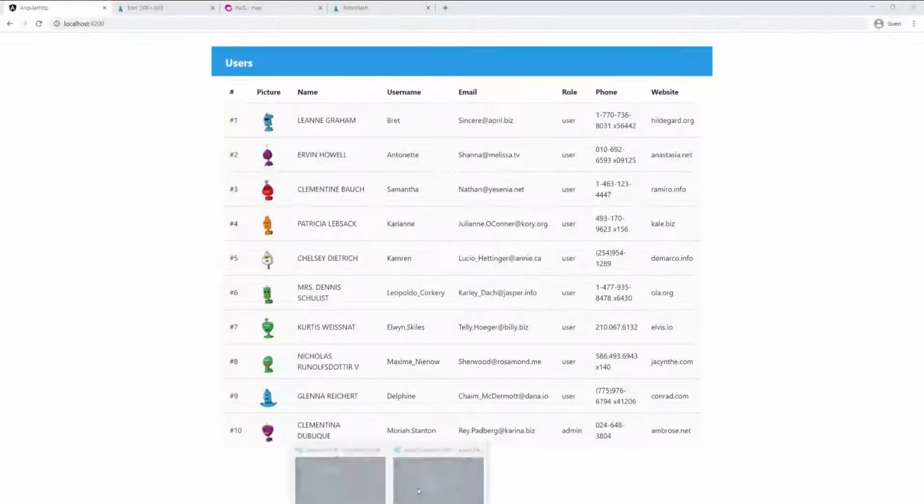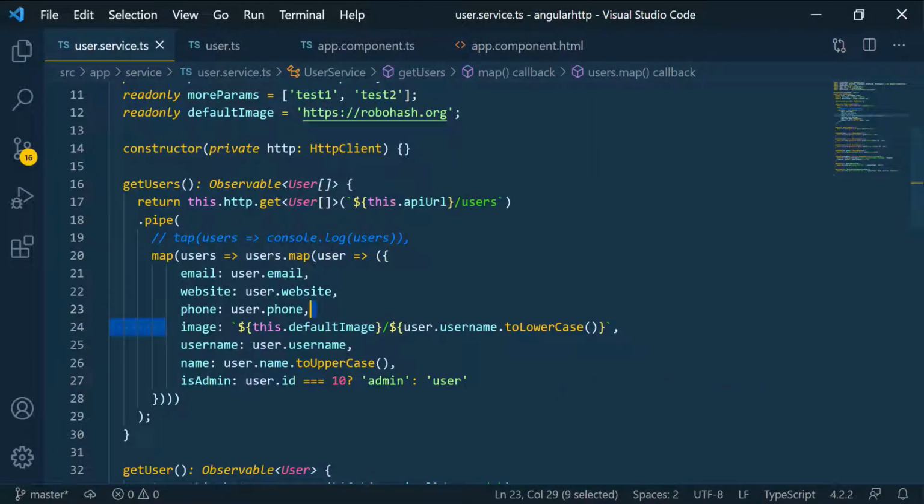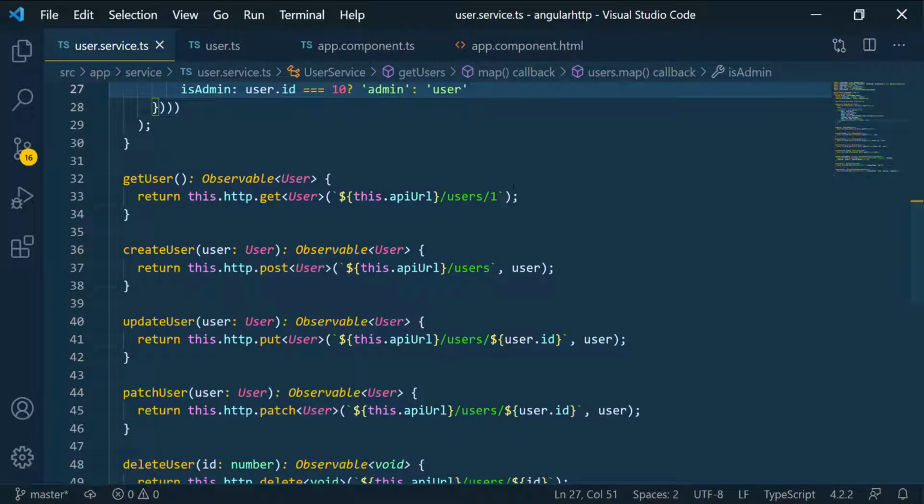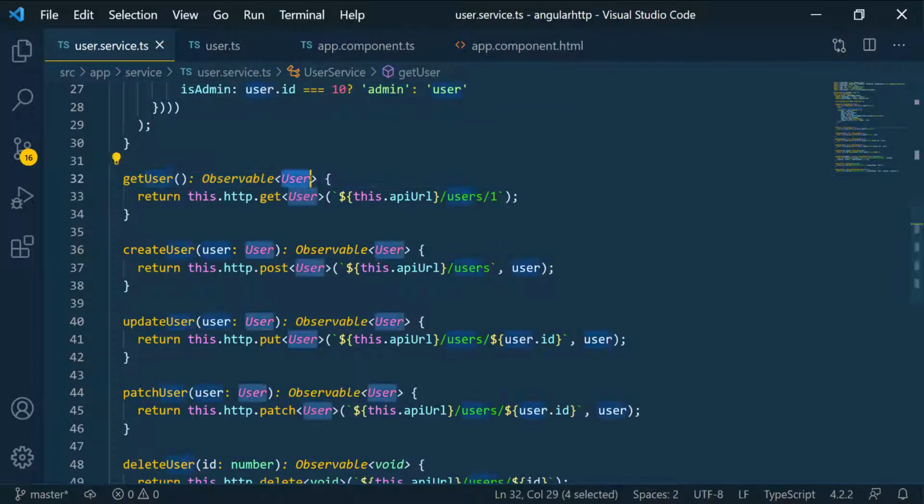So let's go back to the service. This is for when you're dealing with some array of data that comes into the body. Remember, you have to map it twice, so you have to use the map operator and then change the data in any way, shape, or form that you want. So let me show you how you can do this for a single item that's not a collection